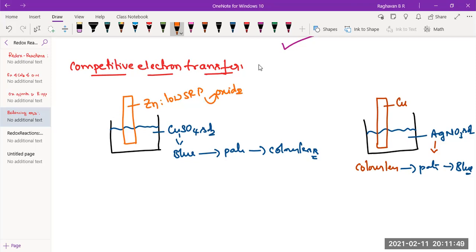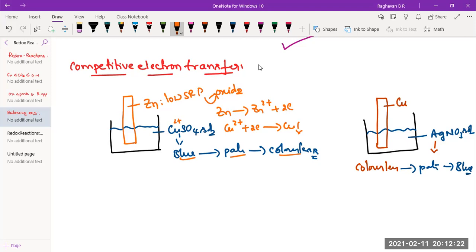So zinc undergoes oxidation, means it loses its electron. And copper in the solution is +2, and Cu2+ takes the electron and becomes copper, gets precipitated. When Cu2+ in the solution remains, it appears blue. When slowly the concentration decreases due to the deposition or precipitation, it becomes pale blue. Once all Cu2+ ions precipitate, it becomes colorless, because the blue color is because of the Cu2+ ion.